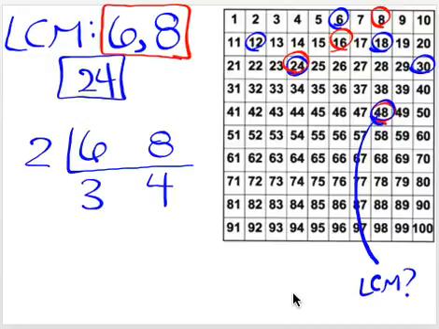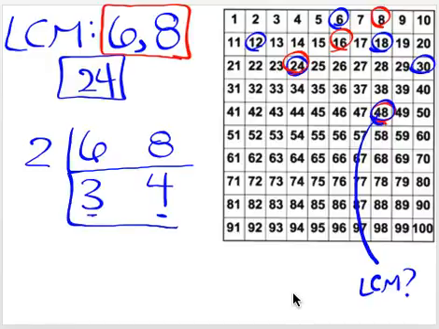So if I divide this up and then I'm thinking only about 3 and 4, then I can figure out where my least common multiple will be. So 3 times 4 is 12. The third multiple of 4 is 12, and the fourth multiple of 3 is 12. And that is their least common multiple. That's the first time that they'll meet up with each other,